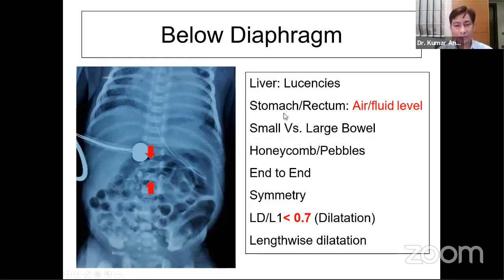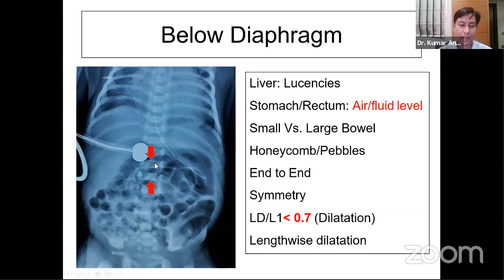There are two areas in the abdomen where air fluid levels are normally present. One is the stomach and one is the rectum. If you look at this X-ray, because most of the time the X-ray is in the supine position, you look at this area. So this is the air fluid level in the stomach. If you don't find an air fluid level in the stomach, there are chances that it's because of pathology, especially in preterm infants, extreme preterm infants, because sometimes you put an orogastric tube, and sometimes it can lead to perforation, or rarely in cases of spontaneous gastric perforation, you will find a lot of air and you won't find any air fluid level in the gastric area.